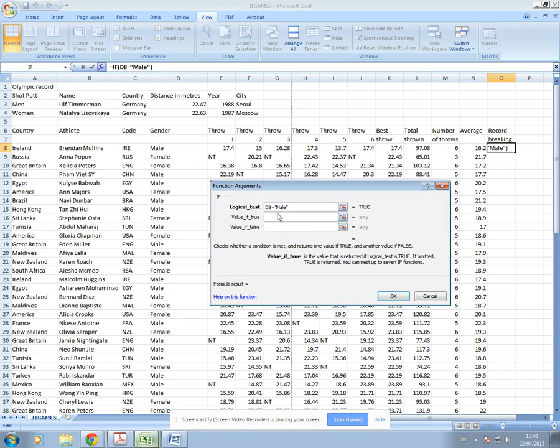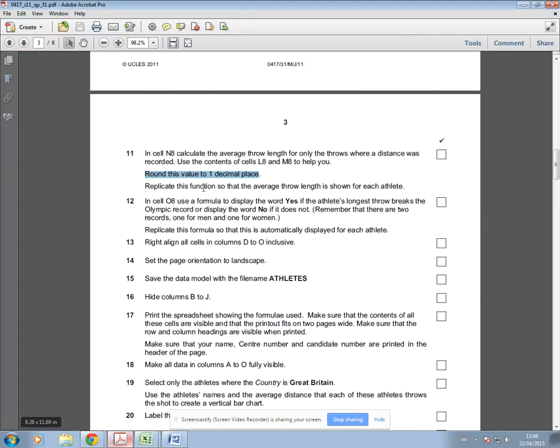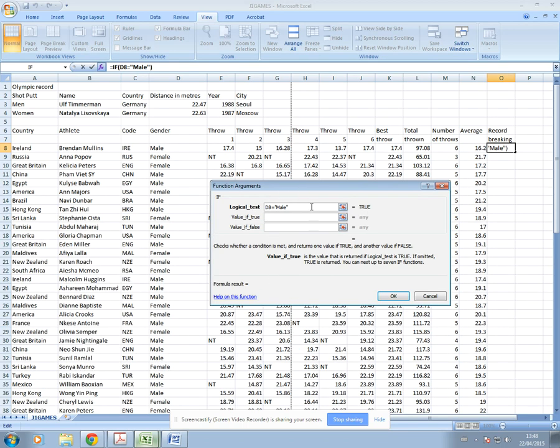Okay, so if that's equal to male, then, if we go back to the question, it says that we should be checking their longest throw, whether it breaks the Olympic record or not. If it does, we should display yes. If it doesn't, we should display no. So it's one if statement. And where's this if statement going to go? Because if D8 is male, if it's true, then in this particular example, the value if true would be another if statement. So if it's male, then we are carrying out this if statement where we then compare the total thrown to the male's Olympic record. So we need to put in if,